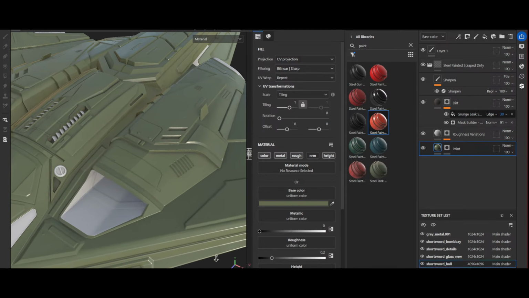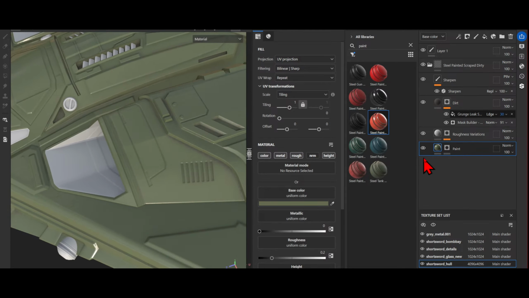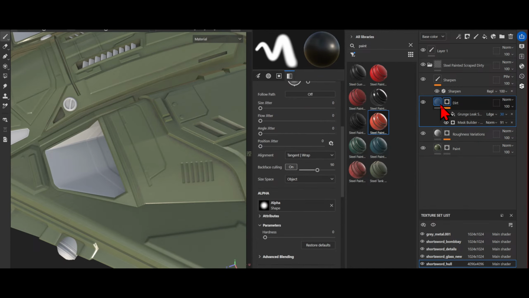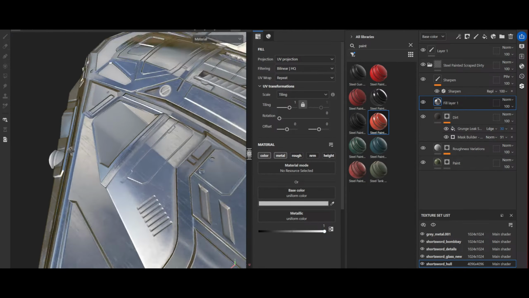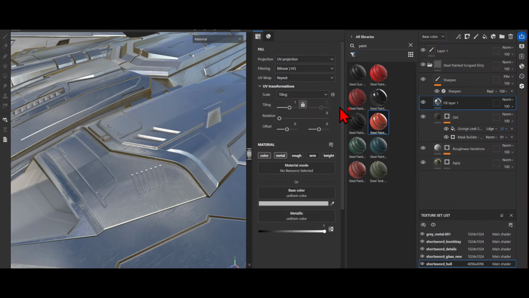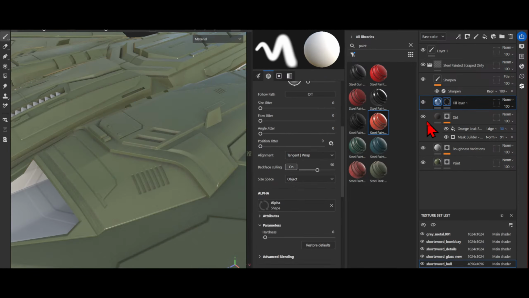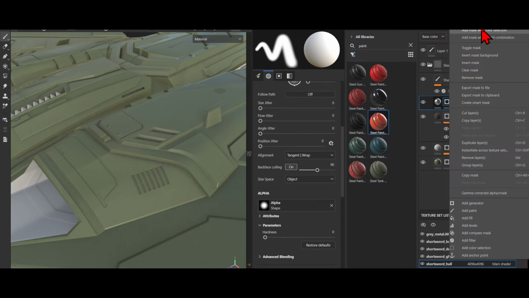Make it look like it was used. Yeah, absolutely. Okay, so what I like to do is add a little bit of edge weathering. So what I'm going to do here is add a fill layer. I'm going to make the fill layer metallic. And then we are going to add a black mask. And then we are going to add a